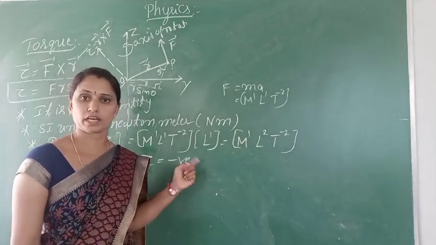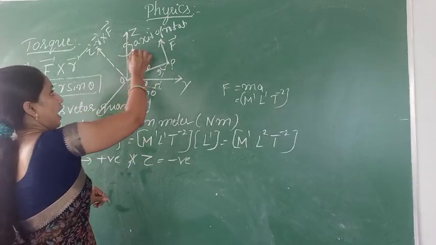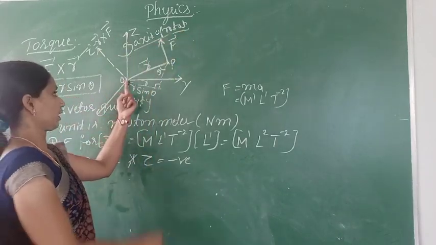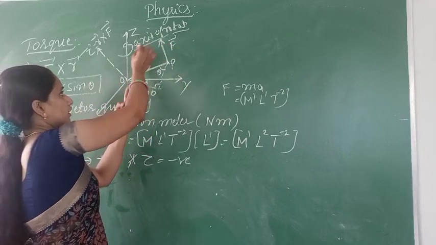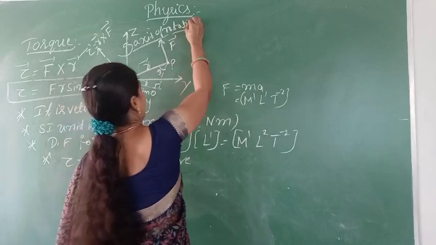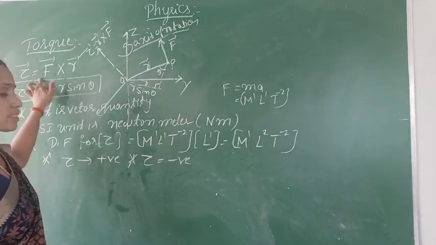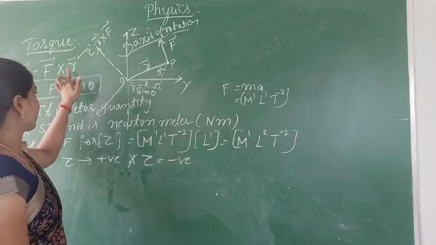This torque always lies along its axis of rotation. Clear? Then the vector form of torque is tau vector equal to F vector cross